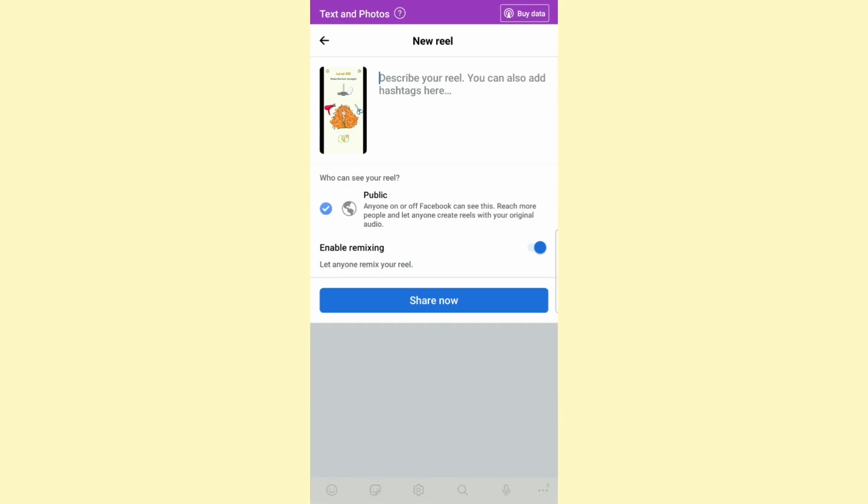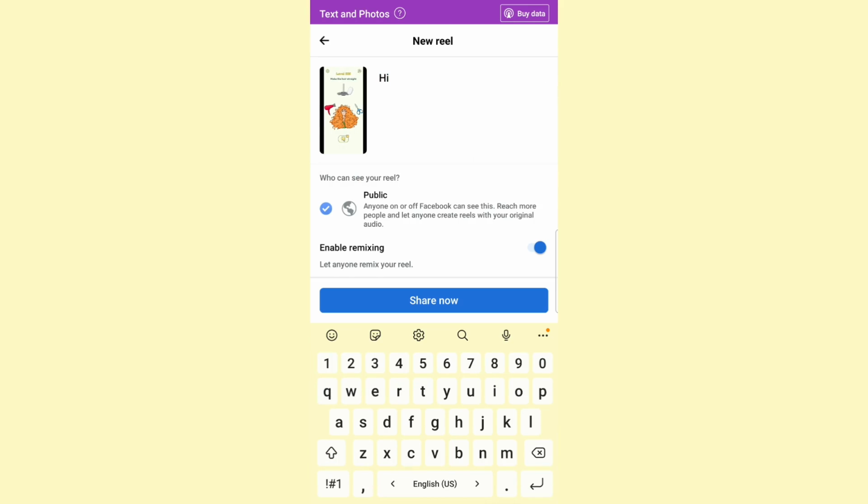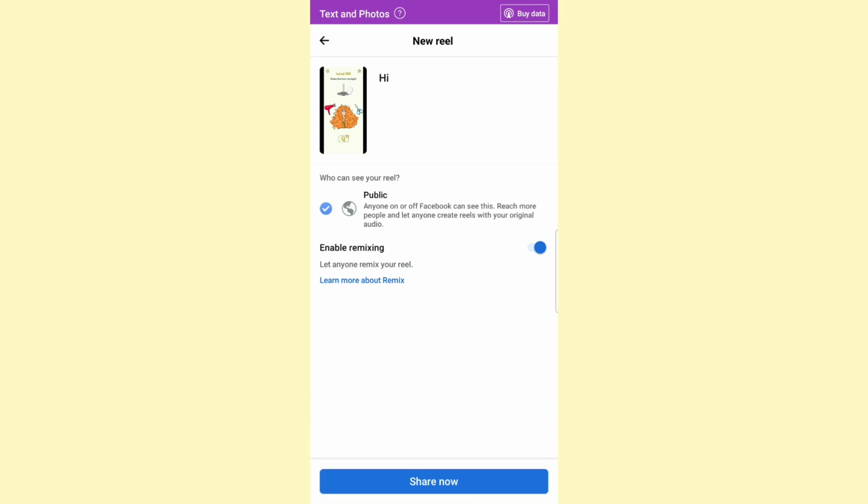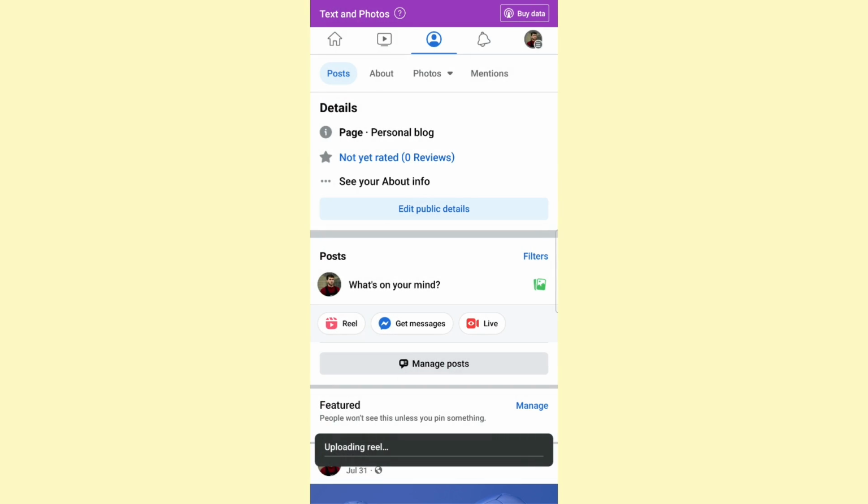Then you will get to add a description to your reel, and you will be able to see the visibility, and also you will be able to enable the remixing or not of your reel. Once you're done, click on share now at the bottom, and as you can see, your reel is now being uploaded. Once the uploading is done, your reel will